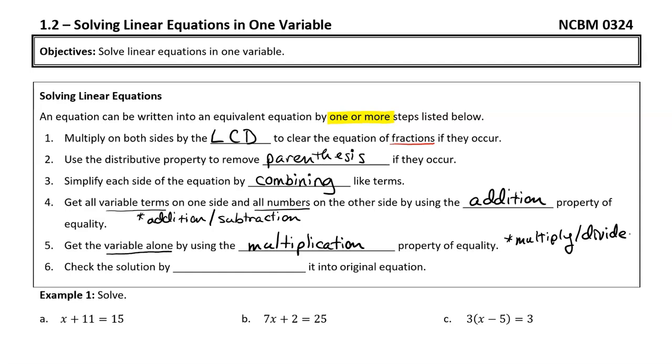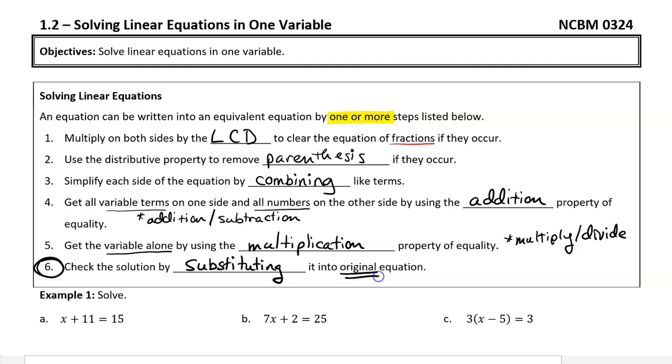Once we have an answer from step 5, something that's really nice about solving an equation is we can always check the solution. So no matter what type of equation we're working with, we're always able to make sure our answer is actually correct. And we're going to check the solution to these linears by simply taking our answer and substituting